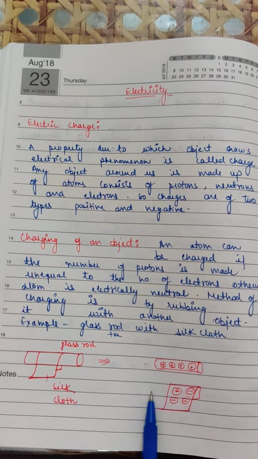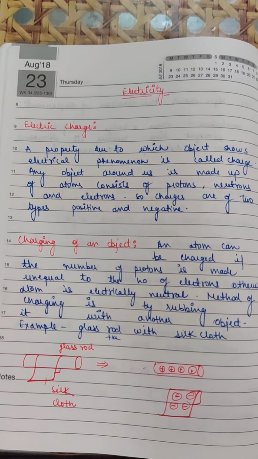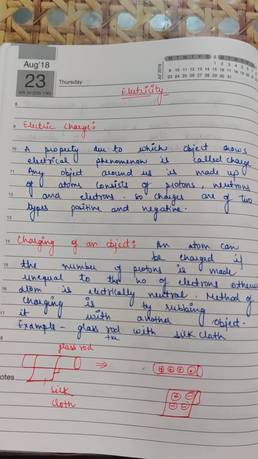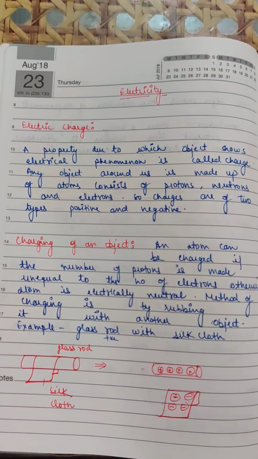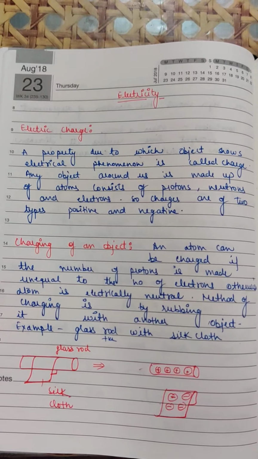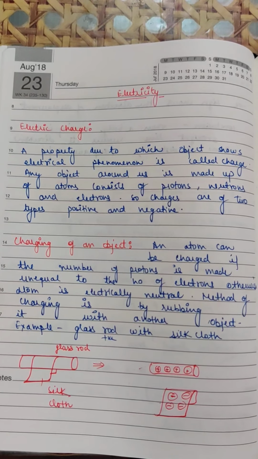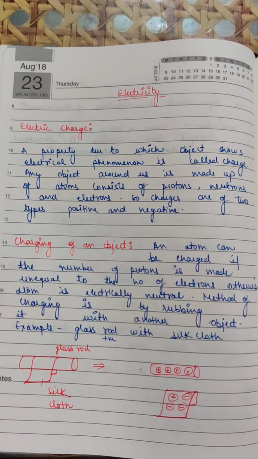We have many other examples. For example, the very common example which we can see in our daily life: when we rub a comb through dry hair, we can attract pieces of paper because the comb will be charged up by our hair. It is very important to note that these are only electrons which transfer from one place to another,